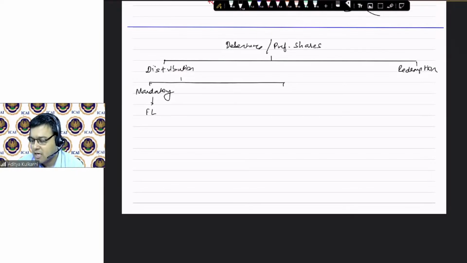What becomes a financial liability? The stream of distributions that you are making. I am not yet talking about the instrument at all. मैंने अभी तक इंस्ट्रूमेंट एज अ होल बात नहीं किया है. इंस्ट्रूमेंट में डिस्ट्रीब्यूशन, ओके, दैट मींस पेमेंट ऑफ इंटरेस्ट is mandatory, payment of preference dividend is cumulative, is mandatory. So this distribution of it becomes a financial liability, as everyone rightly said. Distribution becomes a financial liability.